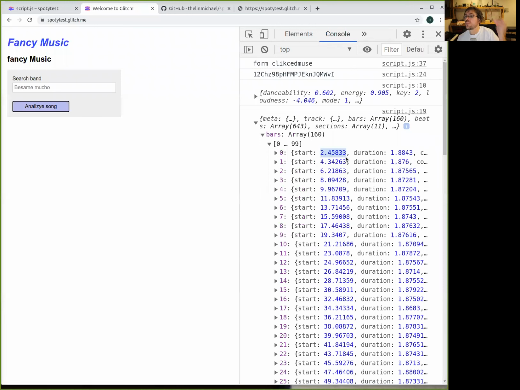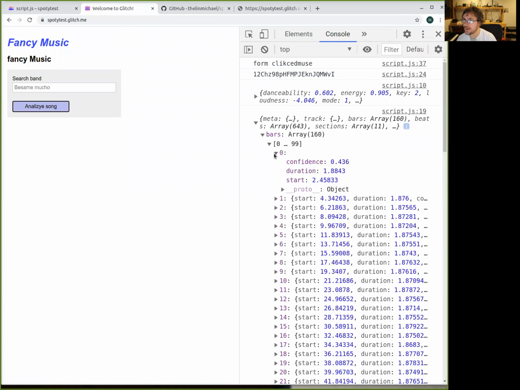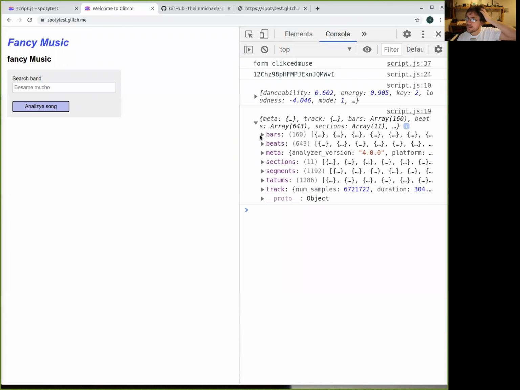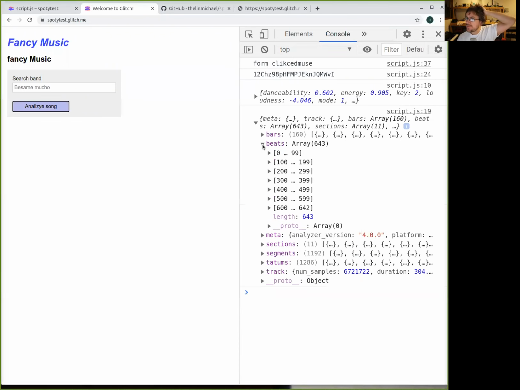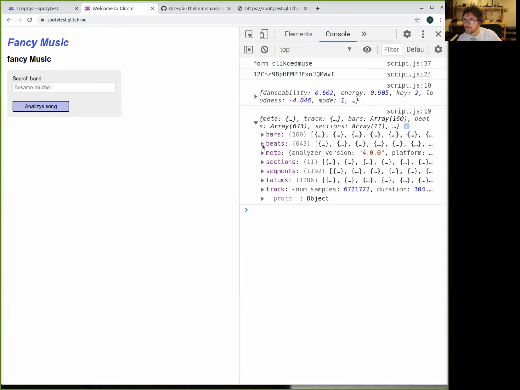Where each beat is starting, okay? It's giving you the start moment, the duration of that particular beat, or bar. It also giving you beats. This song is made of 643 beats, okay?